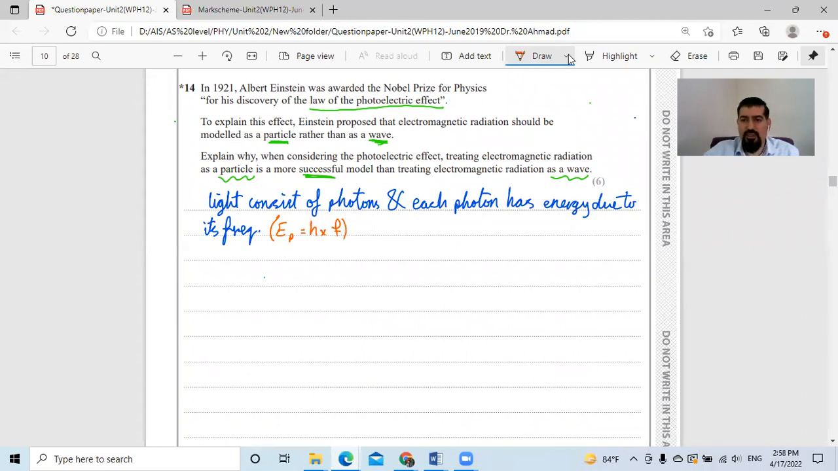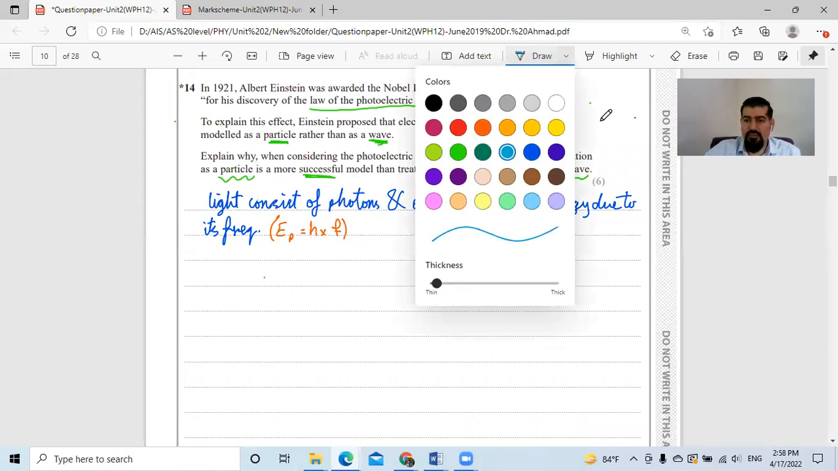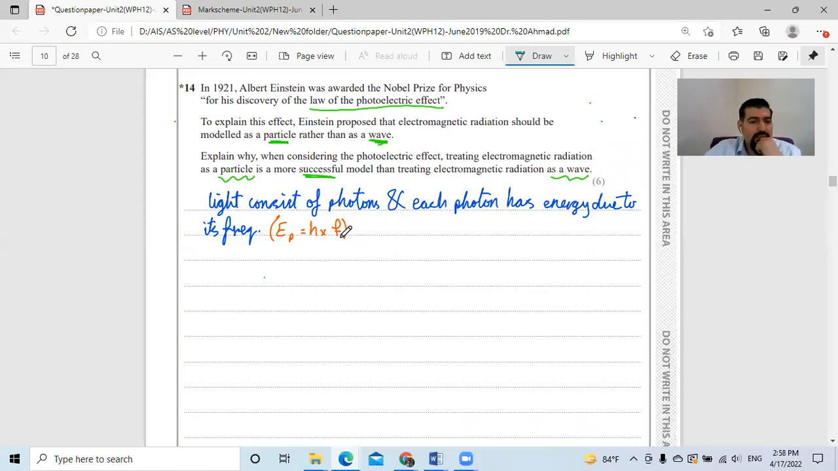By the frequency. One of the students asked, teacher, if I wrote at the end of the particle theory that it's correct and wave theory is an incorrect conclusion, instead of writing these points? No, you have to tell them what's correct and what's incorrect, what the particle theory says and what the wave theory says. Good. Light consists of photons. Each photon has energy due to its frequency, and each